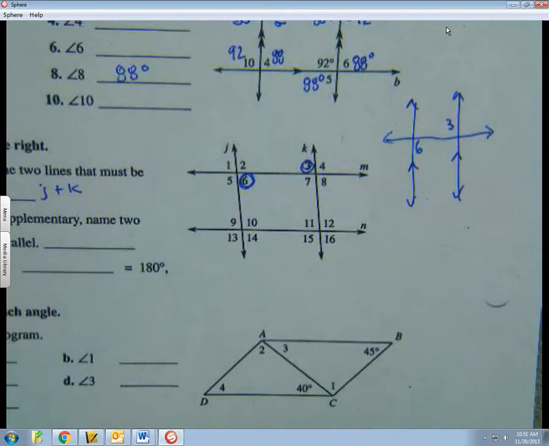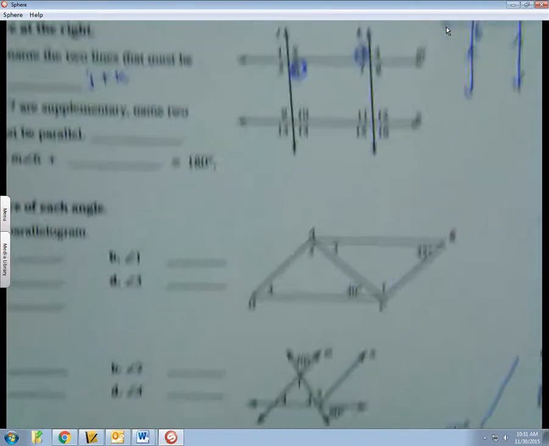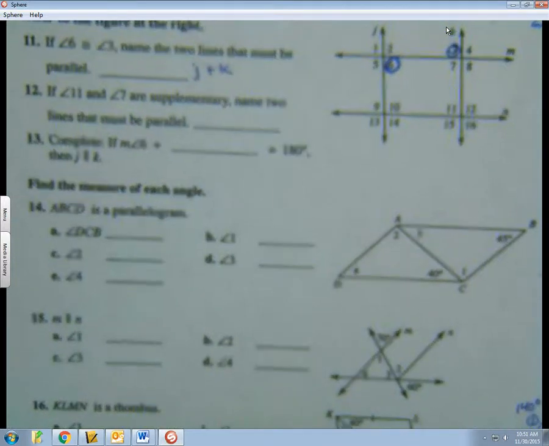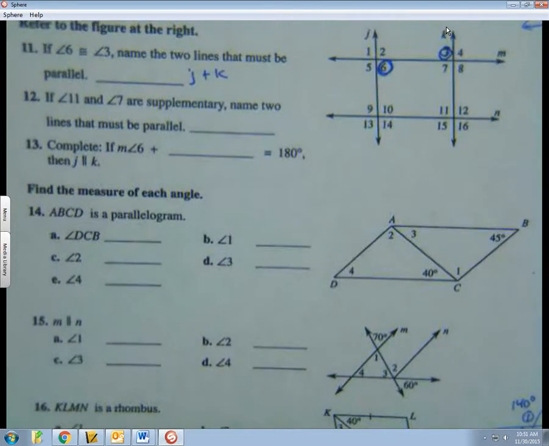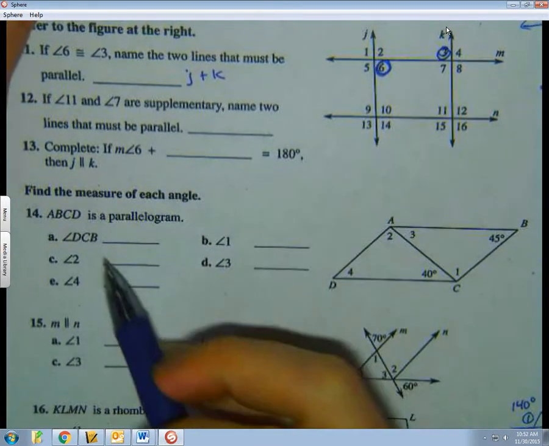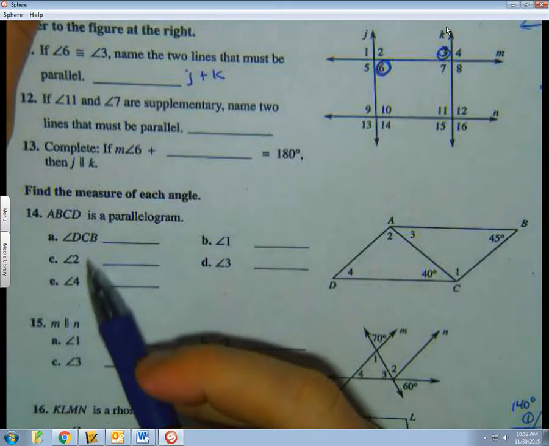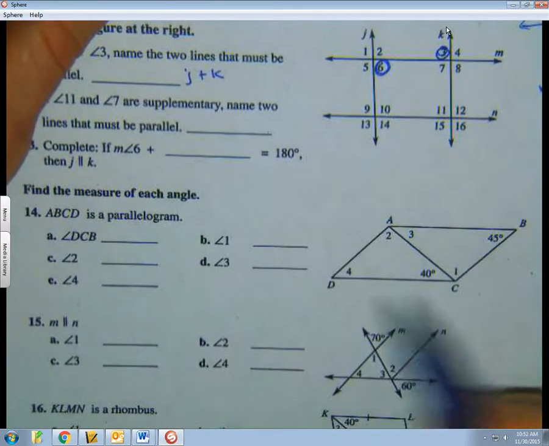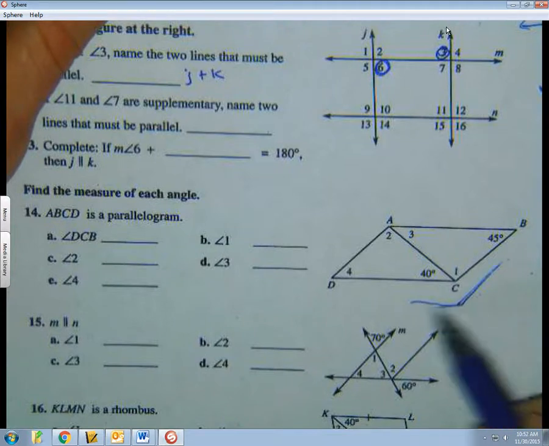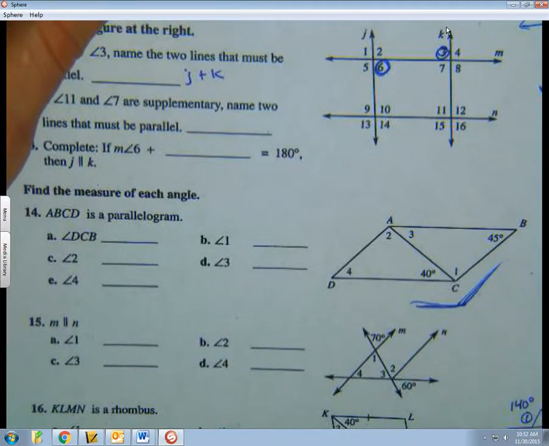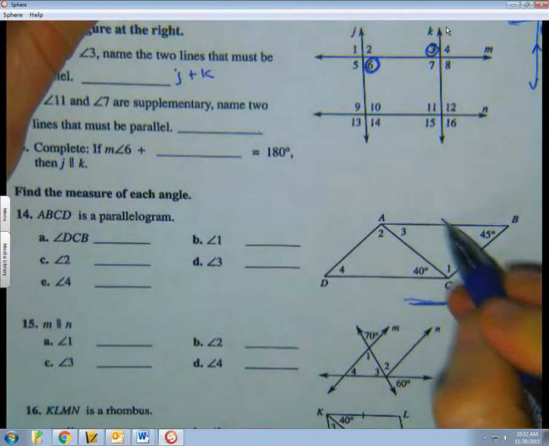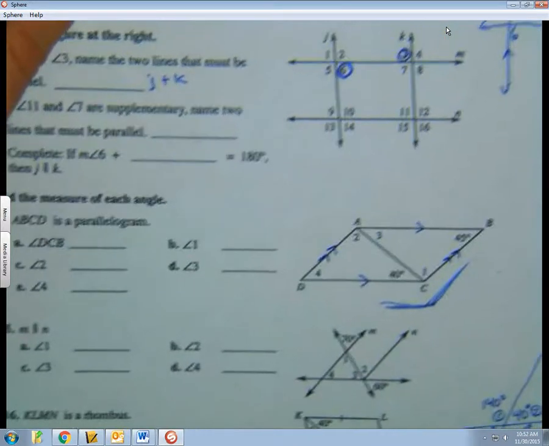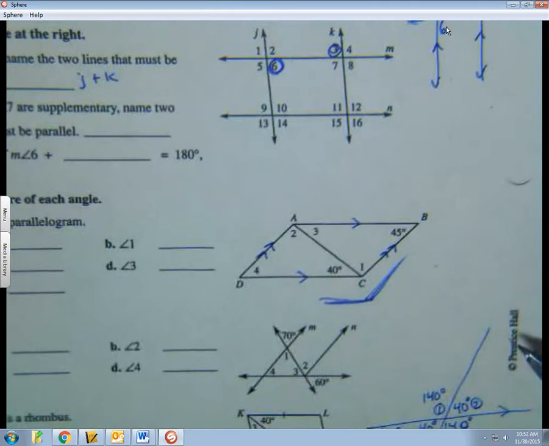Let's go down here. And again, I'd like to just solve all of them or enough of them where I can be done, and then answer the questions. However, sometimes the questions give you a little insight as to where you should start. So DCB, which is this whole angle right here, should be what? Well, we know it's a parallelogram, so that makes that the same as that parallel to that, and those sides parallel. So if we were going to add to our sketch here,